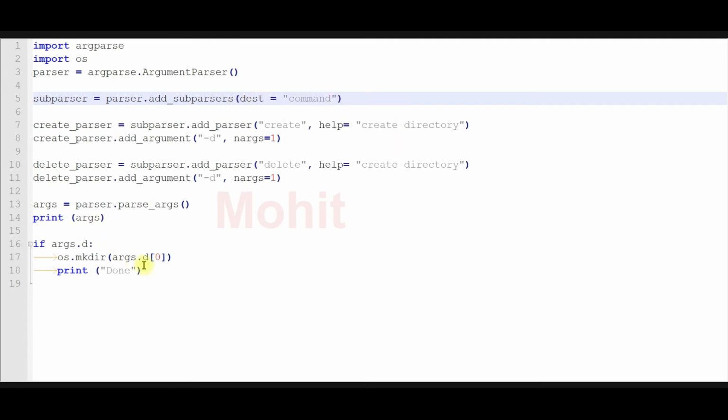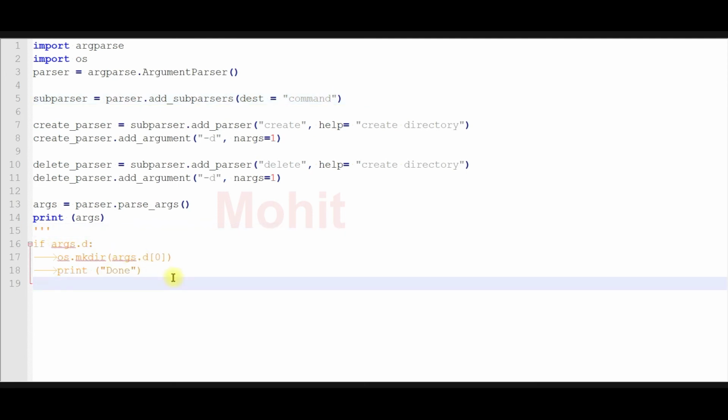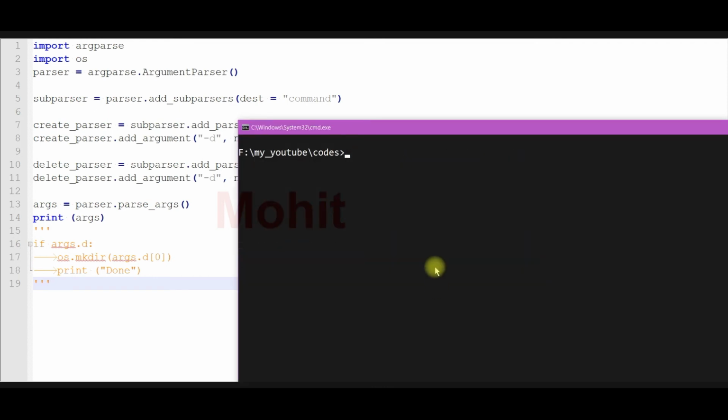Okay, I'm commenting this line. You can see command equal to delete here. Now our code can differentiate that this is delete, not create, and that is create, not delete.